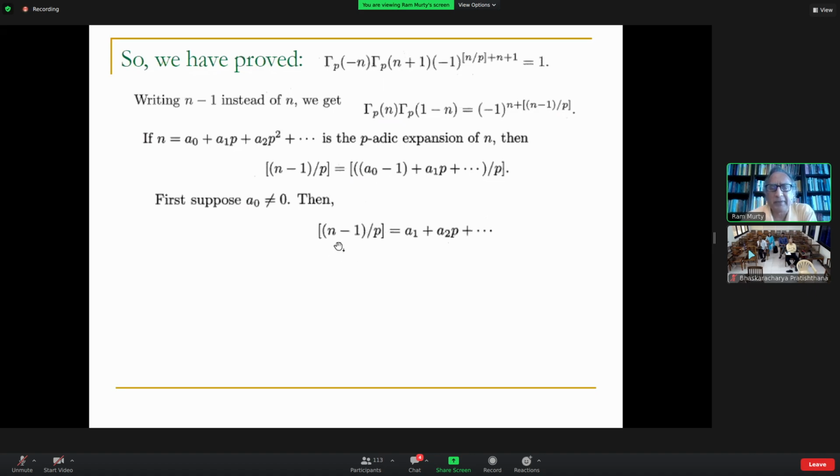So the greatest integer of n minus 1 over p equals a1 plus a2p plus dot dot dot. And so the calculation of that particular exponent then turns out to be exactly L of n as it has been defined, which is the number n minus p greater than n minus 1 over p, turns out to be exactly